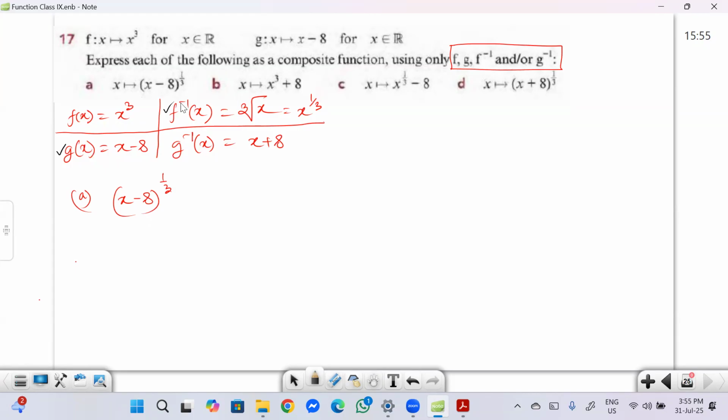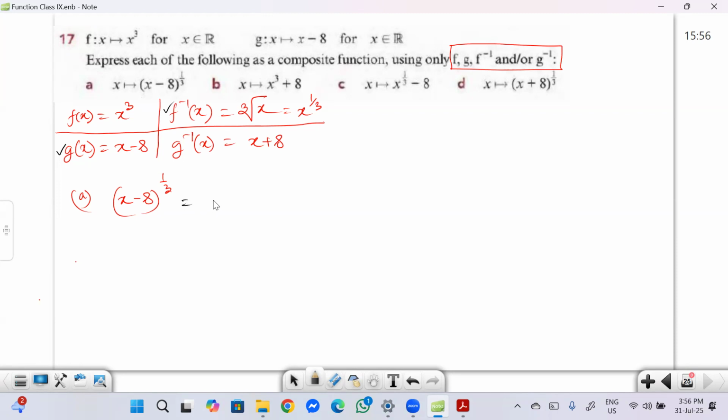Try to understand, if you put f inverse x into g of x, the output that it will generate is not going to match with the result that we have here।